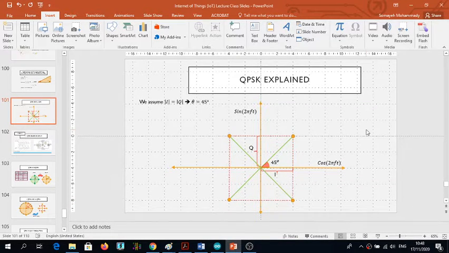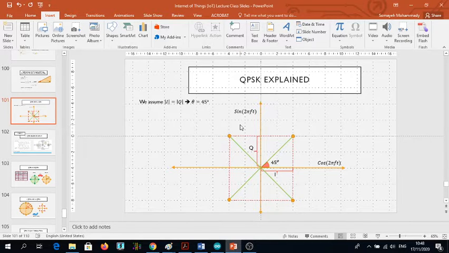Hello. Last class we discussed the QPSK signal, and we looked at the constellations and how exactly we can generate sine and cosine and how they differ. And we discussed that there is a 90-degree angle difference between each constellation and the neighboring one. Now we are going to look at how we can expand this type of modulation and how exactly this system